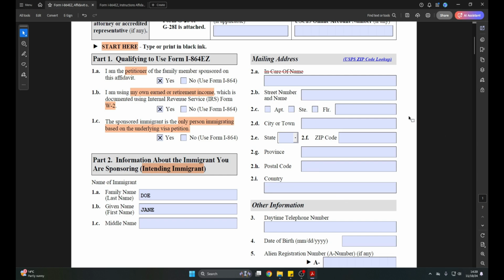If your beneficiary is overseas, then here you will write their overseas address. If your beneficiary is inside the United States adjusting status, then you will write their address in the USA. I do quite often get a question why I write American addresses here, and the reason is the beneficiary is not always overseas, and this form is also used for people who are